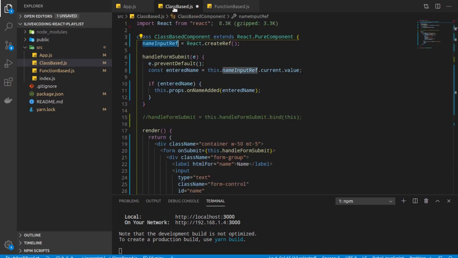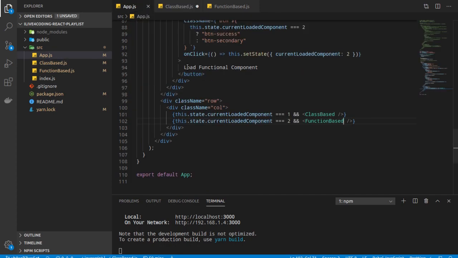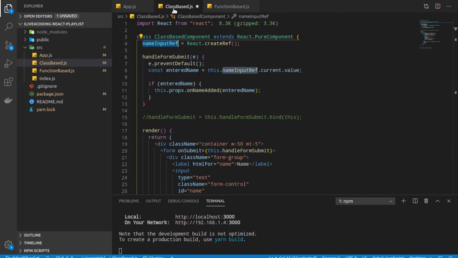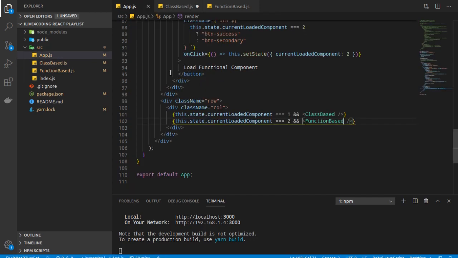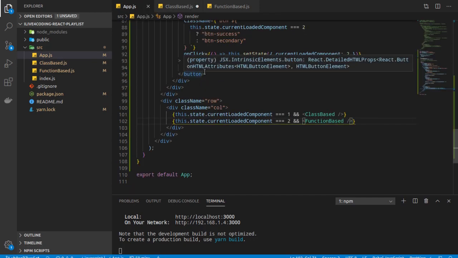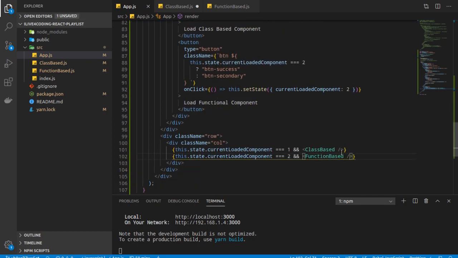So we need to call a function which is created in our parent from the child component. We are calling this function from here, but the function will be defined in the parent and passed to the child through props. So I am adding onNameAdded.